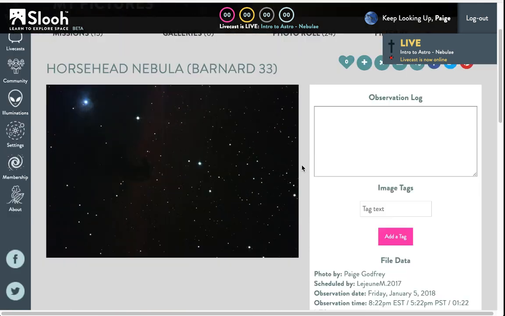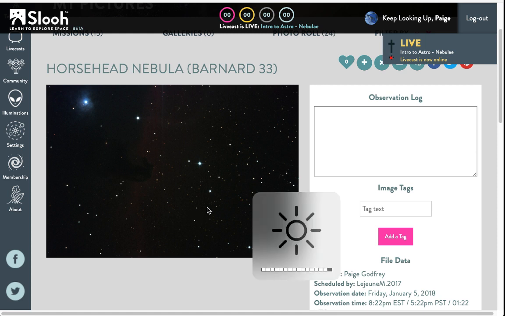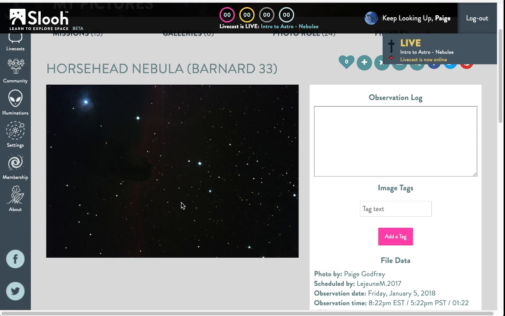The image I'm trying to show you right now is the Horsehead Nebula. This is an absorption nebula, and it's definitely not one of the best pictures I've got. Let me see if I turn on my brightness, if that helps. It's just the one that I happened to take with the telescope, so I challenge you to go out and take a better image and share it with me. You can see a reddish pink emission coming through, and then there's a dark patch right here. If you turn your head to the right, sideways, you'll see that this is supposed to look like a horse head.